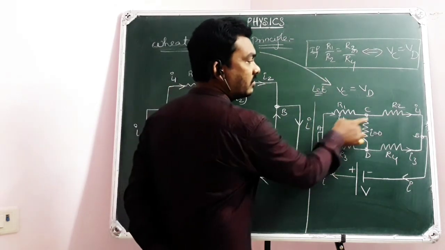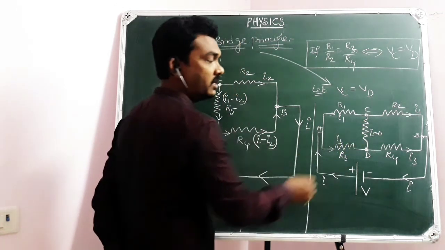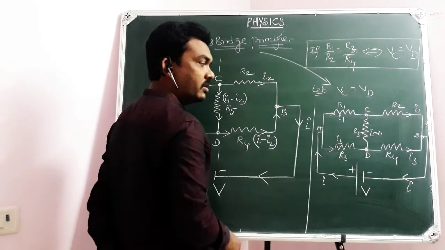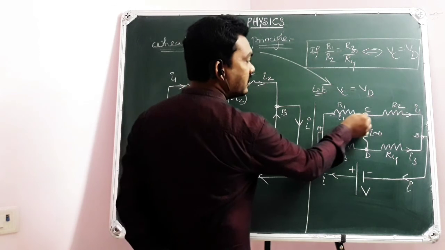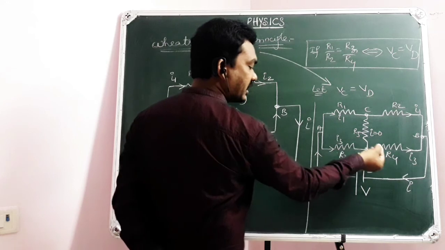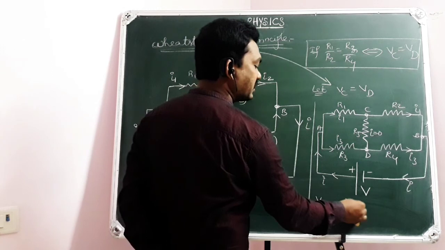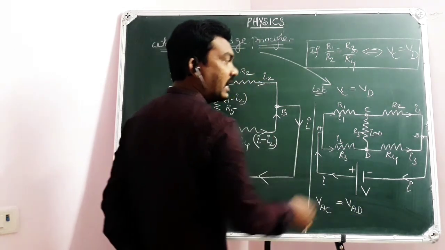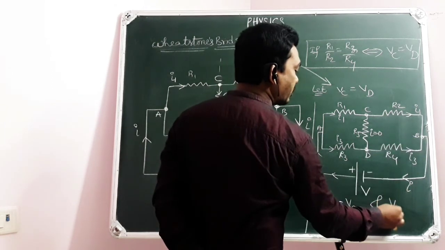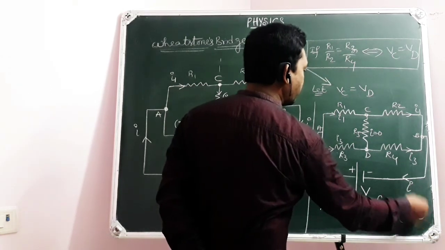So here I1, I3 will come out as I1, I4 because VC equal to VD. Current through this resistor will be 0. You know very well, when there is no potential difference, there is no current. Now here as VC, here VD, the potential difference across AC equals the potential difference across AD. Next, as potentials at C and D are the same, another equation I can write: the potential difference across BC will be equal to the potential difference across BD.